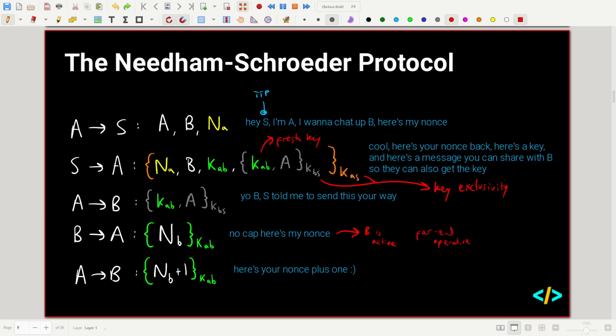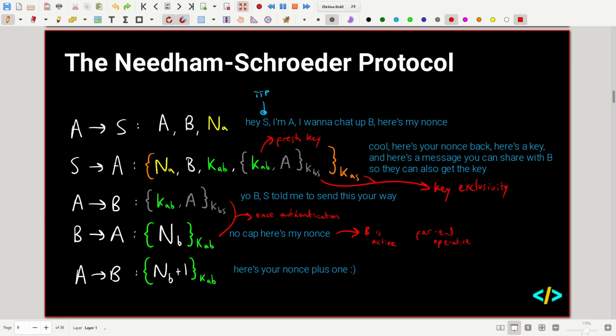Now the last goal that this achieves that I just want to go through is here. When B responds with this, that achieves once authentication. Can anyone tell me what once authentication means? And also, if you want to go the extra step, how does that step achieve or guarantee once authentication? Yeah, perfect, Ash. So once authentication is the idea of knowing that the opposite party actually wants to communicate with